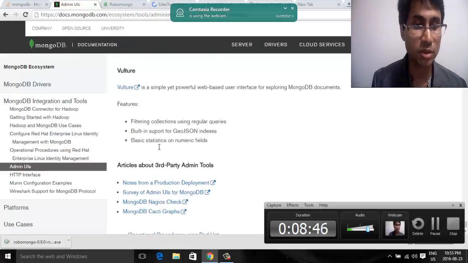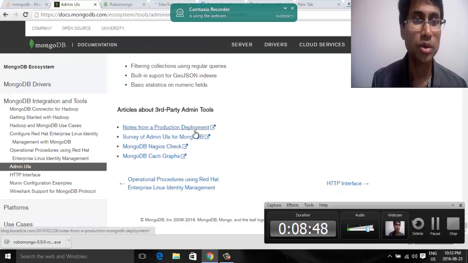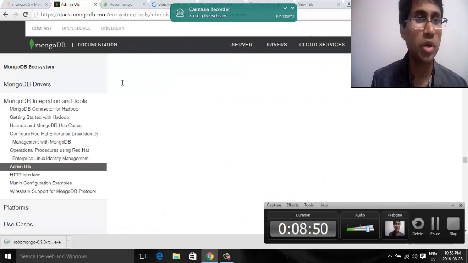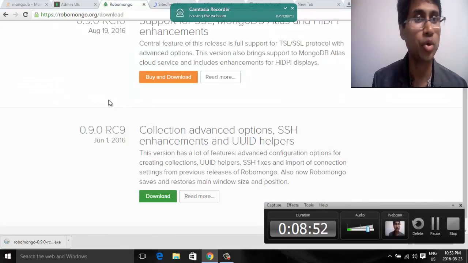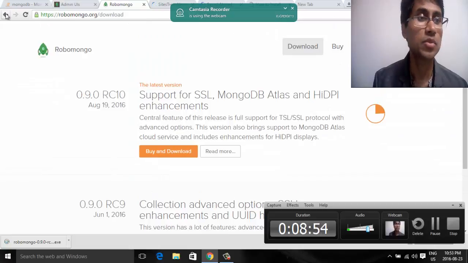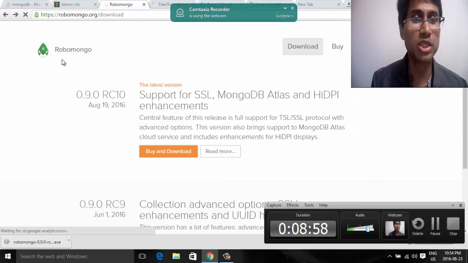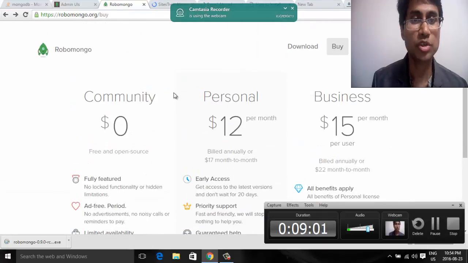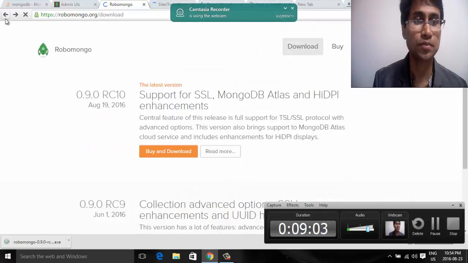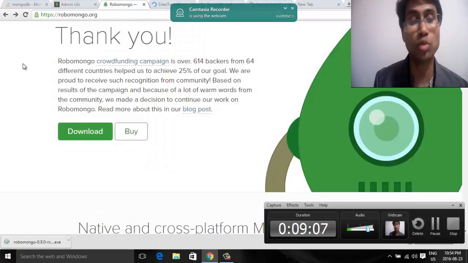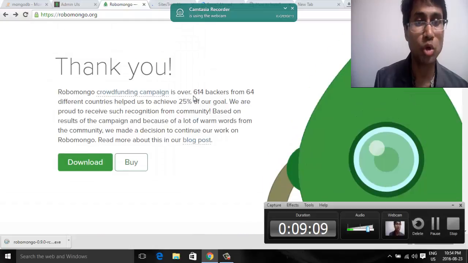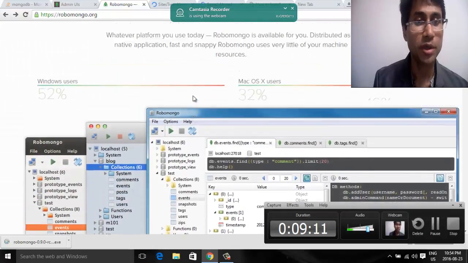One is Vultr data viewer. Anyway, I can rather go here, and some information on the MongoDB itself. So some of the features of RoboMongo, I think, sorry, not on MongoDB but on RoboMongo. I think you can see